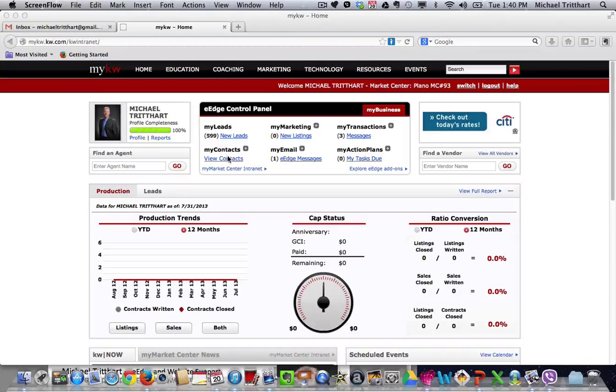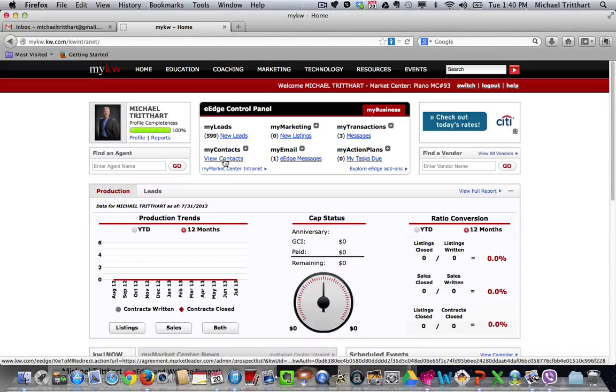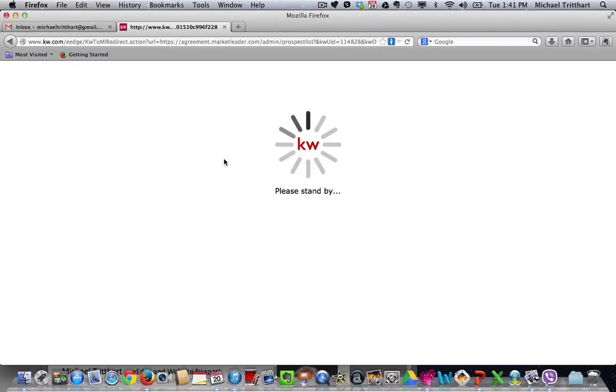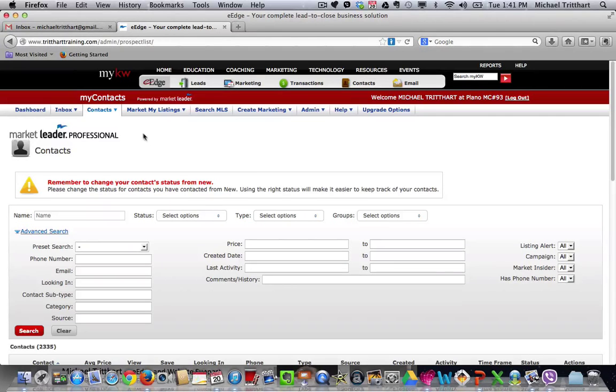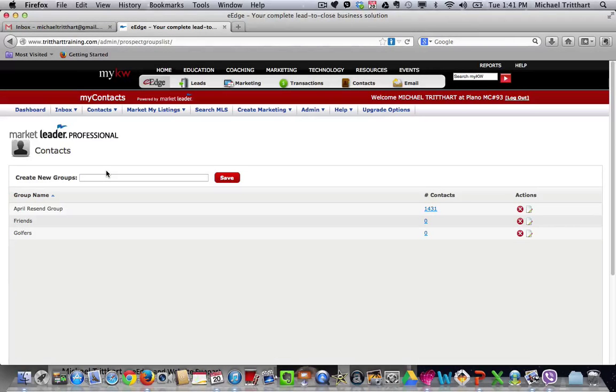So you come over here and you go into My Contacts, and give it a second for it to load up here. When it comes up, you will have the ability within My Contacts to go in and create your groups. You can do up to 50 groups. You come over here to where it says Contacts, Manage Groups, and you can go in and you can assign